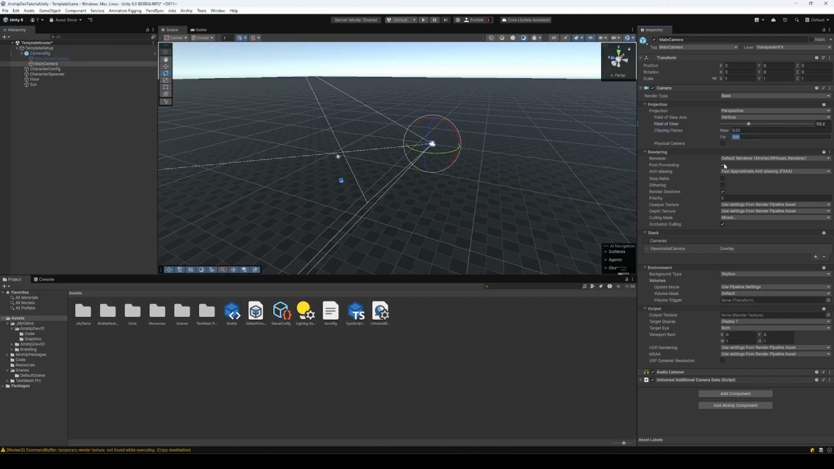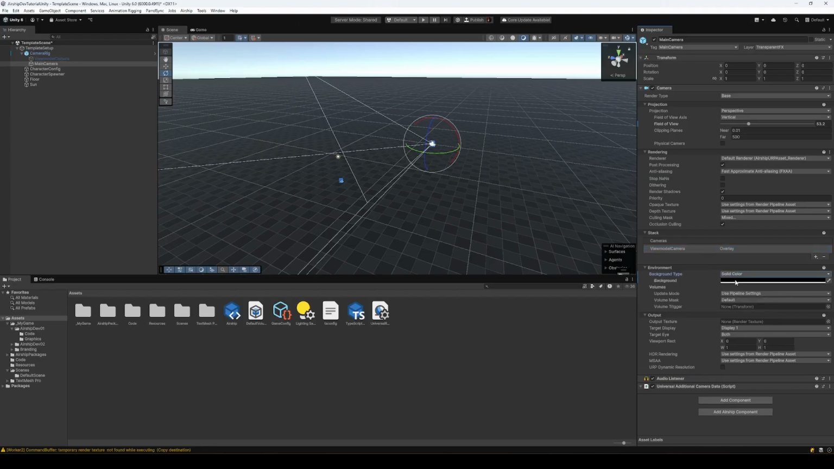And the most commonly used things you'll want are post-processing, if you want to have effects happen at the end of the rendering. If you don't need shadows, you can turn this off for optimization. If you want a UI camera that renders on top of everything, you could make an overlay camera that plays on the stack here. And if you want a solid color for your sky, you could change the color right